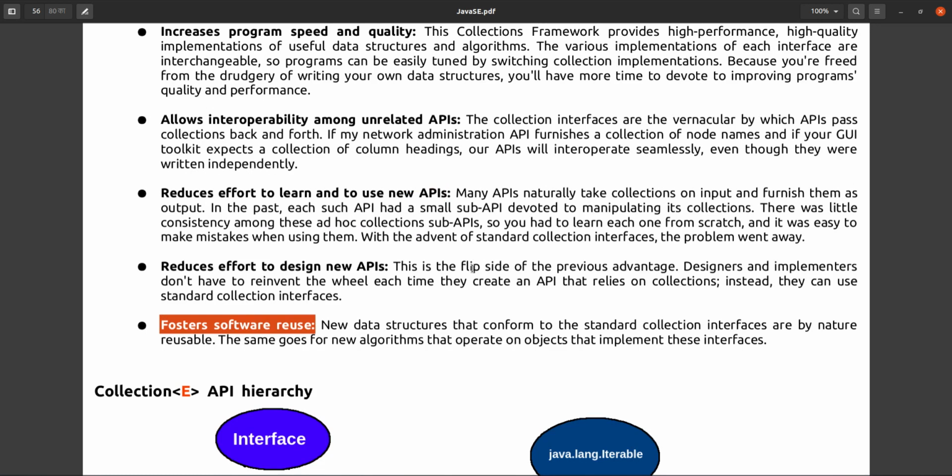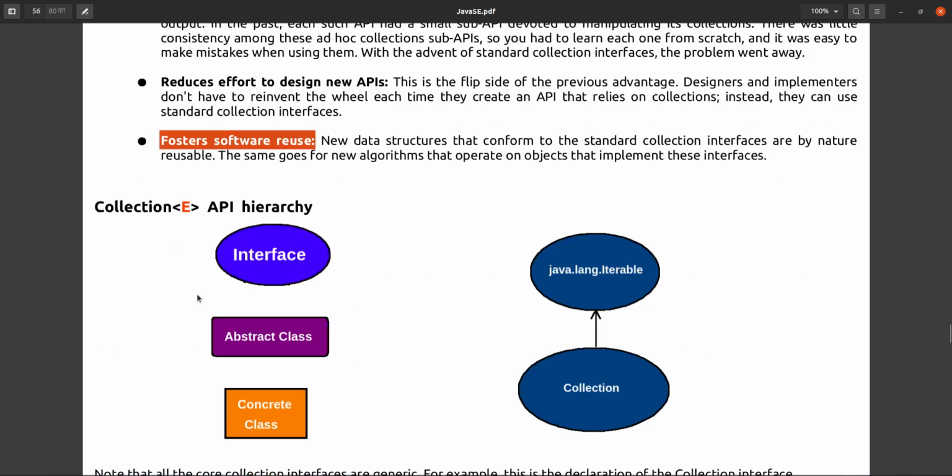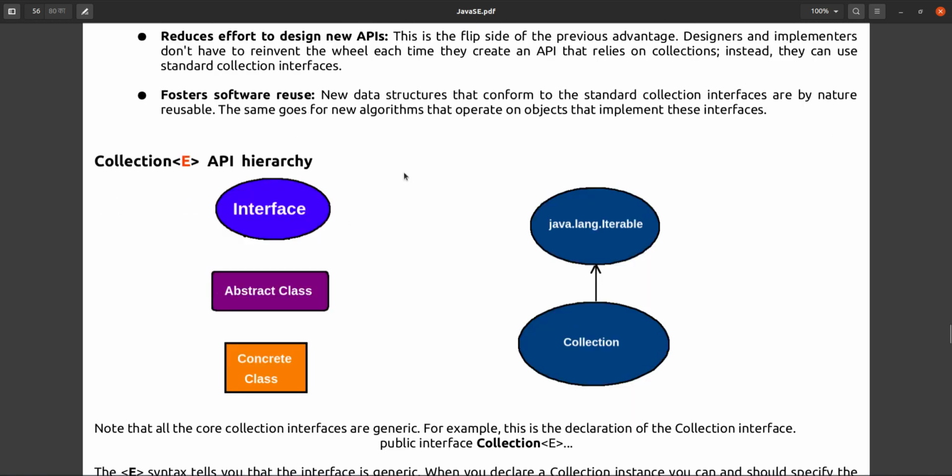Okay, so if you see the collection hierarchy, here this blue egg shaped circle represents an interface, this square with rounded corners in purple represents an abstract class, and this saffron color with sharp corners represents a concrete class.